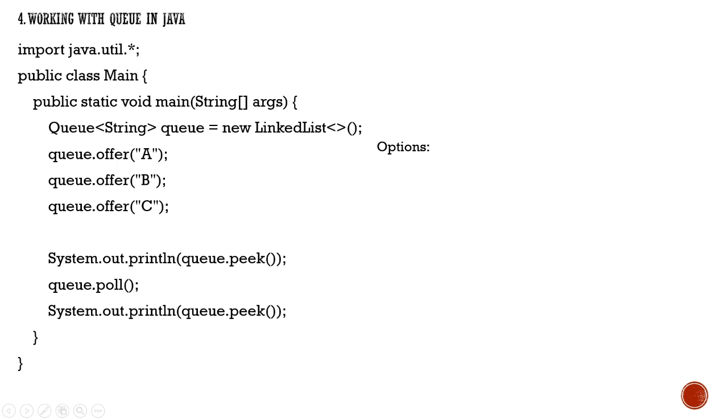Now if you see here, in the system output I'm trying to peek from that particular queue, and then in the second step I am calling the poll, and then at the very end I'm again trying to peek that element. Okay, so can you guess the output over here? I know this will be very tricky. A then B, B then C, A then C, and C then D. Can you guess the answer?